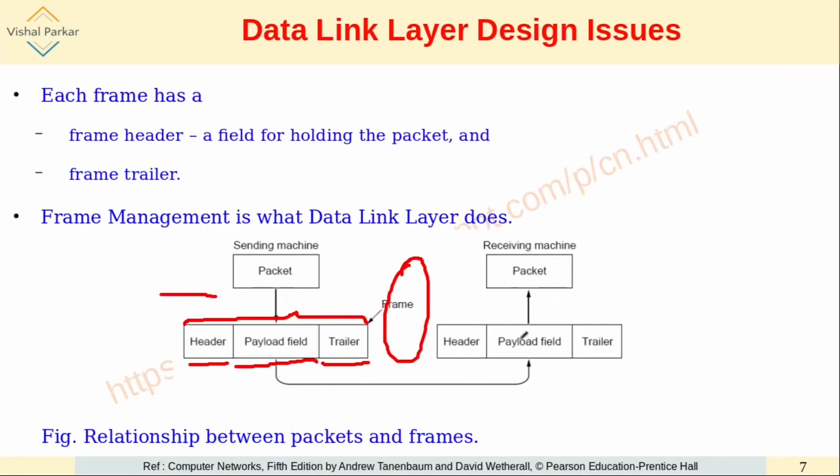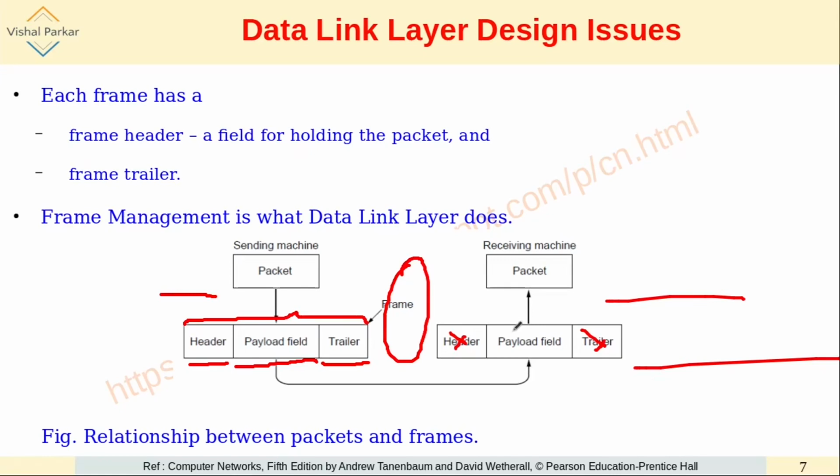This is the data link layer of the destination machine, which will take out only the payload part of the frame received. It will truncate the header part and the trailer part, and only the payload part will be given to the network layer. Once again, the above part is the network layer, the below part is the data link layer, and still further below in the downward direction there will be the physical layer.